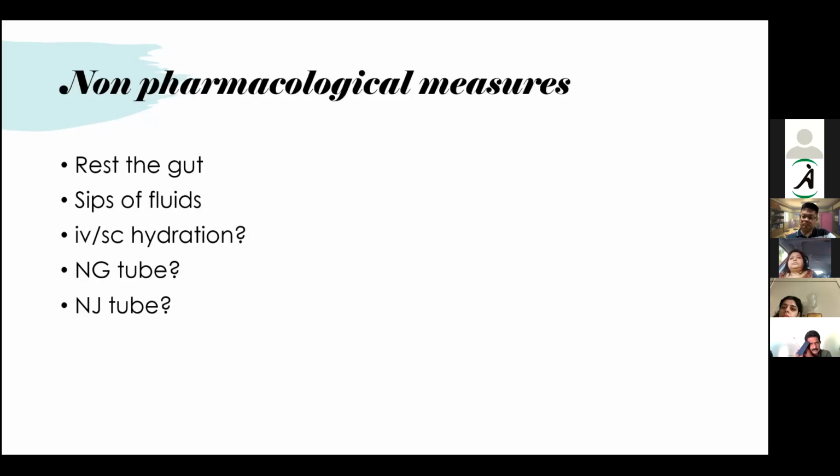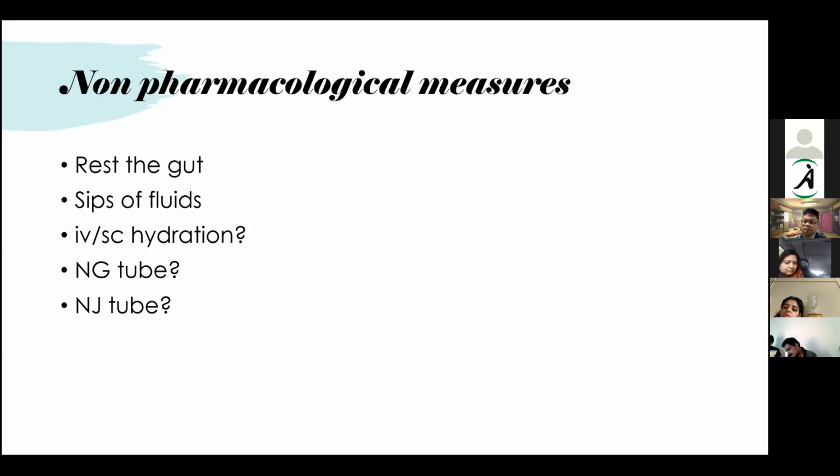So coming to the non-pharmacological measures that we can do for bowel obstruction. That was the surgical options. The first non-pharmacological measure: some obstructions get better when we rest the gut. If you reduce the intake for 1 or 2 days and just give sips of fluid. Some people may have vomiting even with sips of fluid. In that case, we can ask them to suck ice or give some lemon juice to wet the mouth. If you rest the gut for 1 or 2 days, in some cases the obstruction relieves on its own. During those times, you can support the patient with IV fluids.